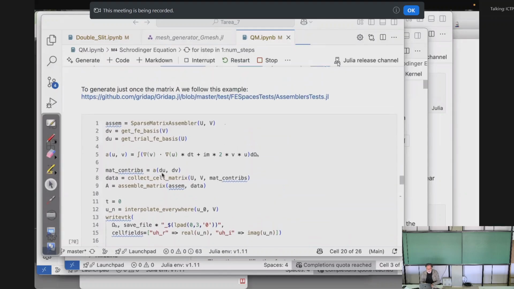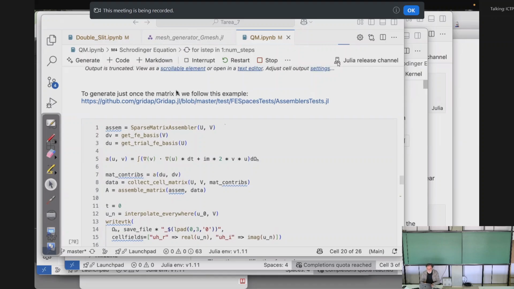So here is the part that is more complicated than before. Because we want to generate a matrix, one we're going to invert just one. So we have to know how to